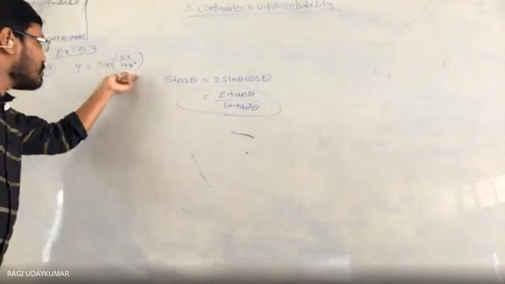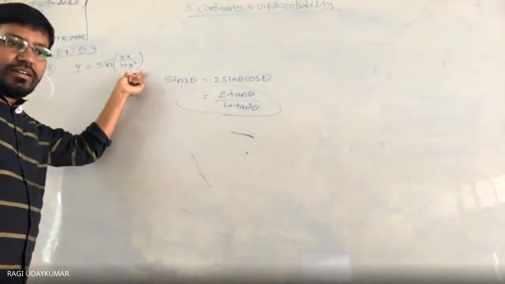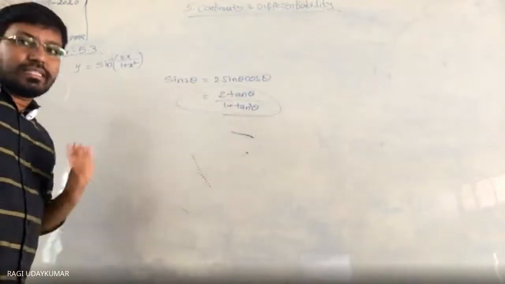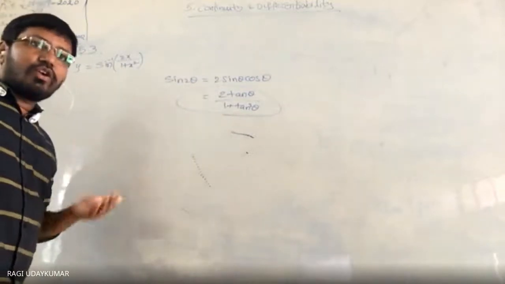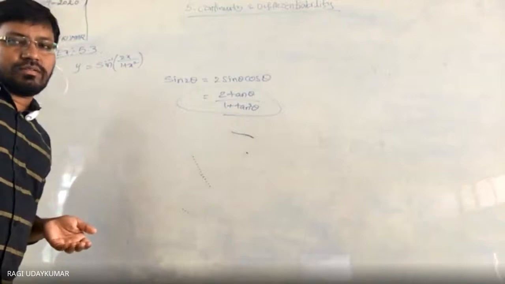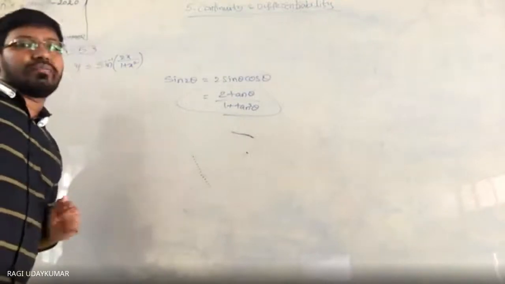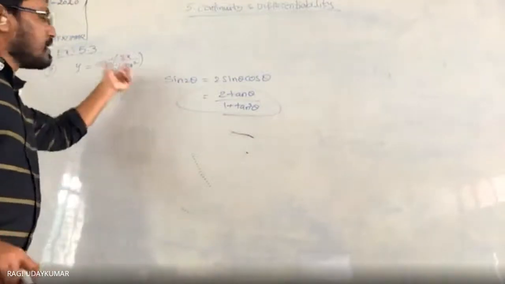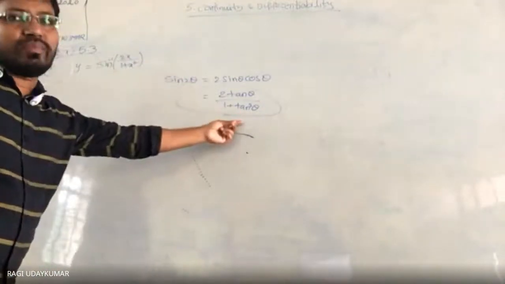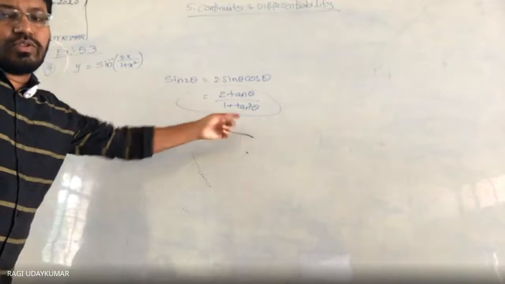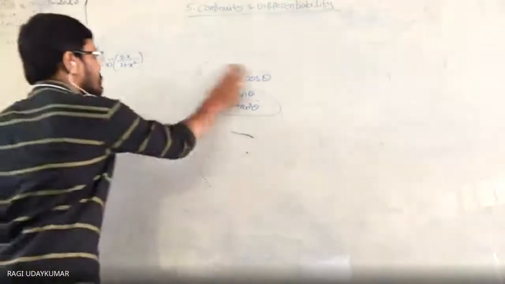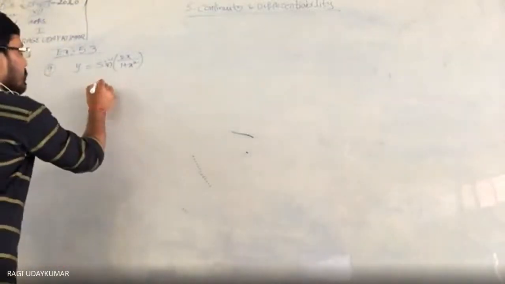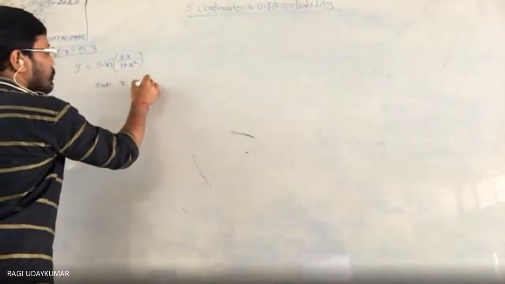So when you observe such an expression, you need to observe what form it is in. This is possible if you know all the formulas, if you have all the formulas in your mind. Otherwise, it is not possible. By observing this only, you need to get this into your mind. So here, substitute x is equal to tan theta.